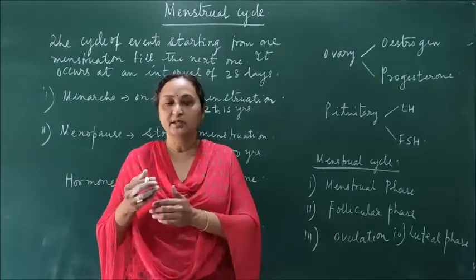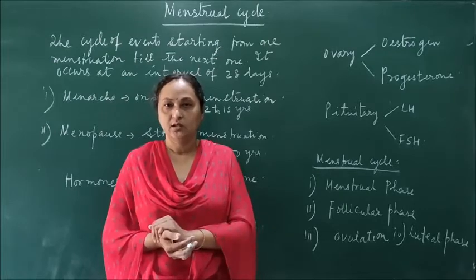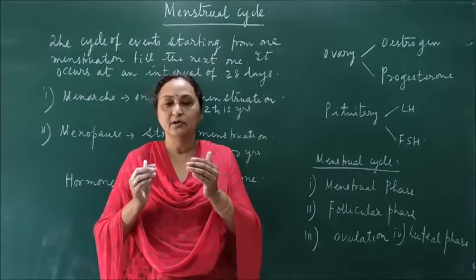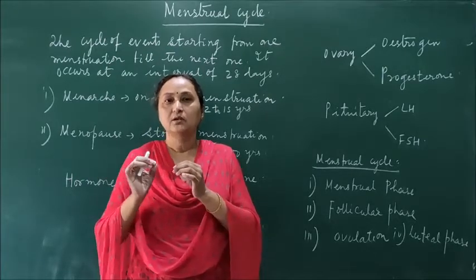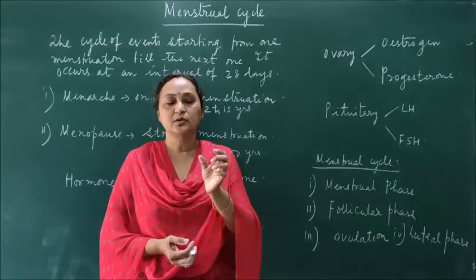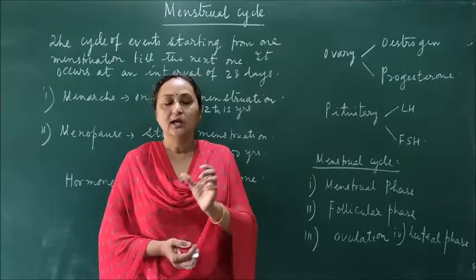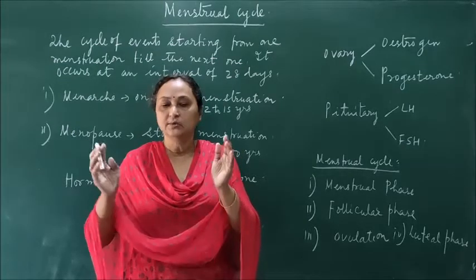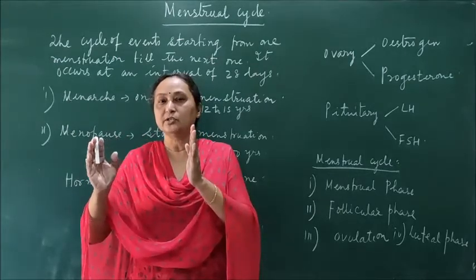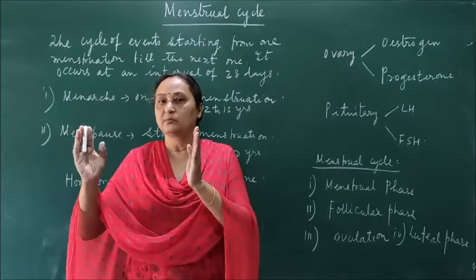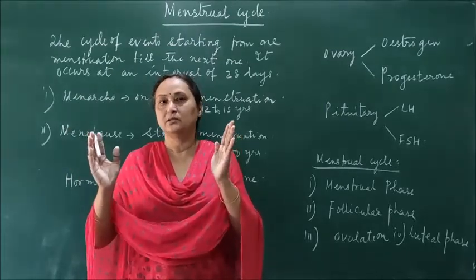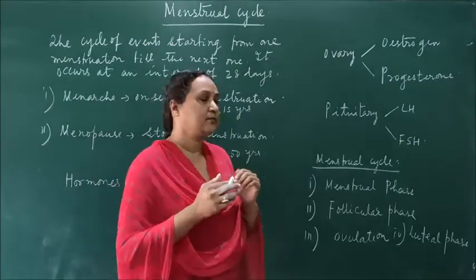So every month in the female this cycle operates. Why is it called the reproductive cycle? Because with the help of the cycle, every month from one of the ovaries, one ovum is produced. The ovum is produced from the cell present inside the ovary, called the ovarian follicle. During this cycle the ovarian follicle grows to develop into a mature follicle. Then the ovum is released from the follicle, and the process is called ovulation. So this cycle takes place every month at an interval of 28 days.